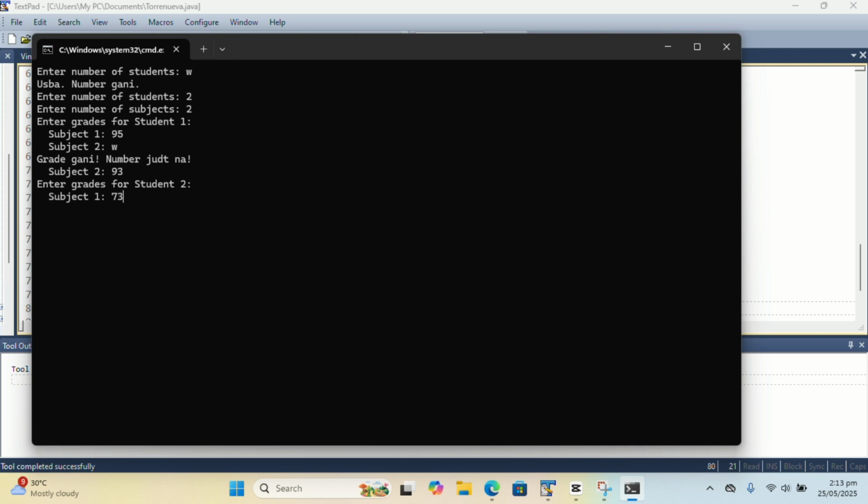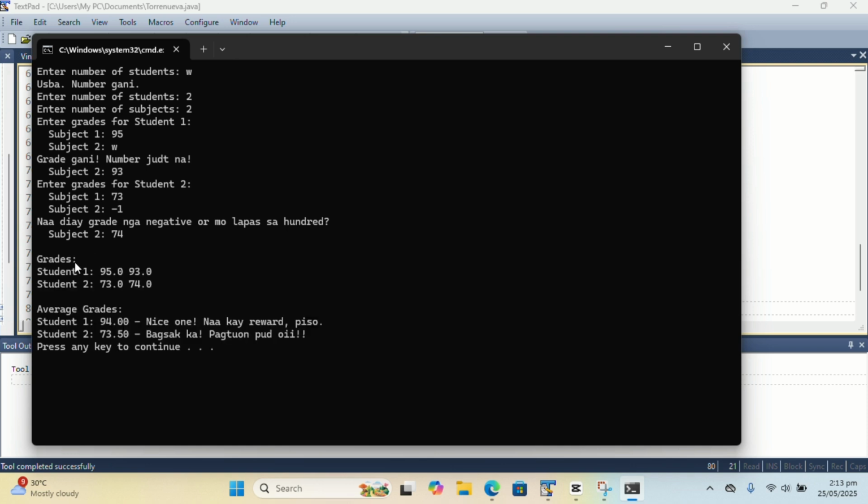So subject 1 grade for student number 2 is 73. Then if we enter negative 1, another error message will display this. Then if we enter the correct integer 74, it will display the grades of student 1 and student 2.